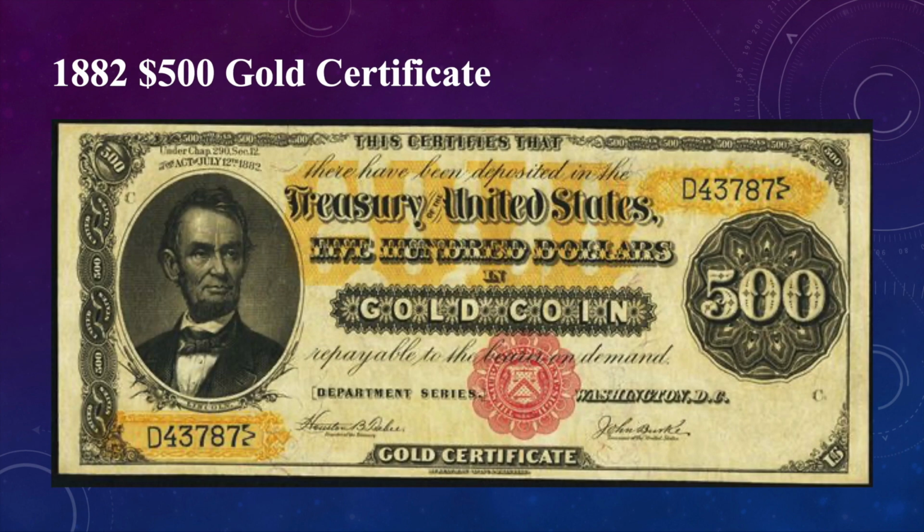So first up, we have this 1882 $500 gold certificate, and you're probably thinking, hey, he's not supposed to be on the $500 bill. Well, Abraham Lincoln did make it onto the gold certificates from 1882, as well as one later, but this is the oldest large-size $500 bill that is considered relatively affordable. And when we say relatively affordable, it's still quite a high price, but like many of the older ones, the value of the note is going to depend heavily on what signatures are present on the bill. So there are 7 different varieties, I believe, on this one, and some of those signatures are going to bring the bill from being worth about $10,000 to hundreds of thousands.